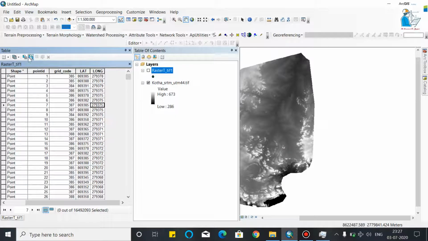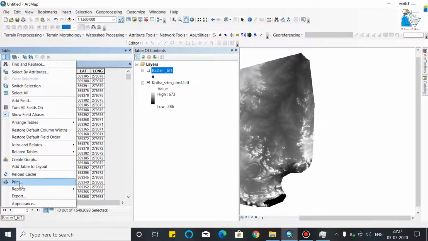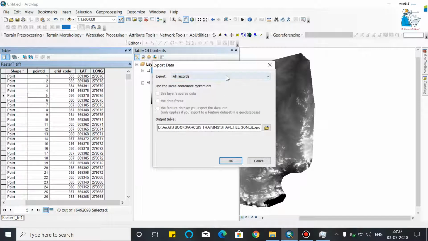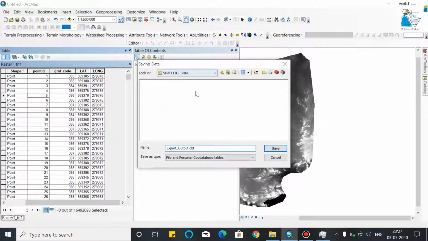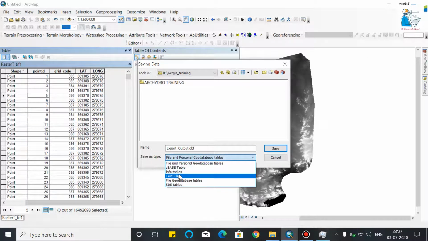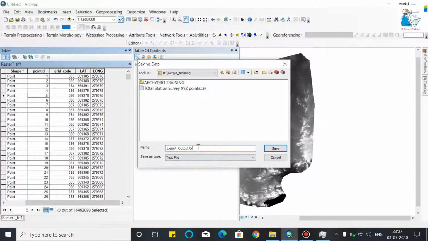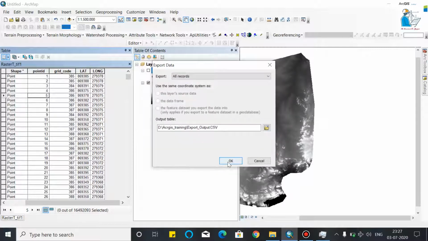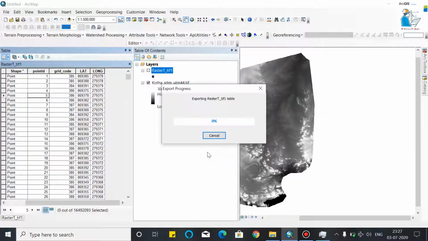First you have to clear all selection, then go to export all records, save as a CSV, click OK.